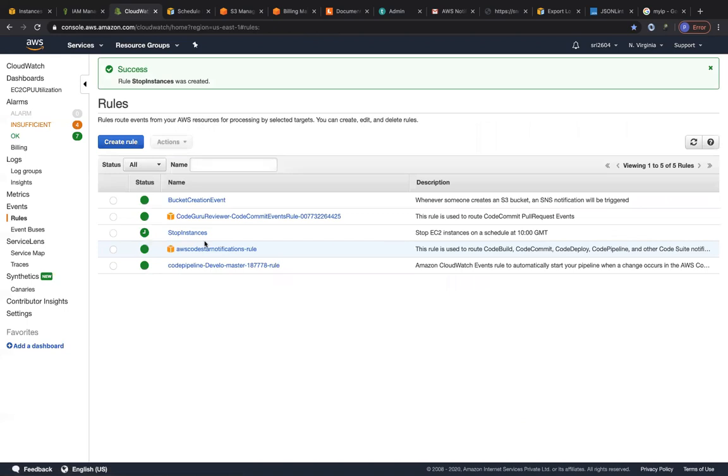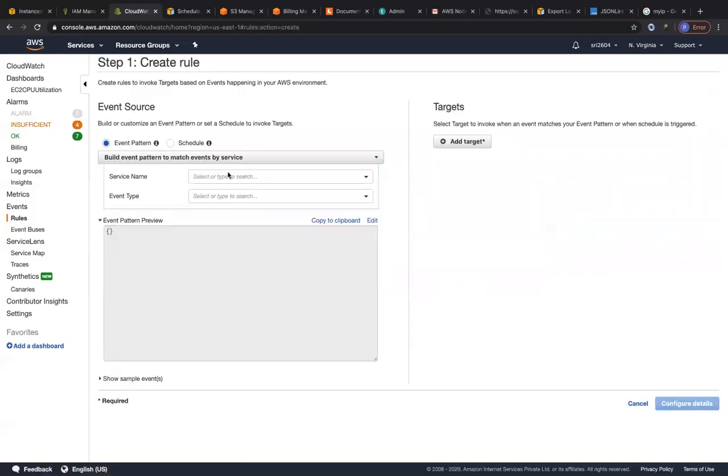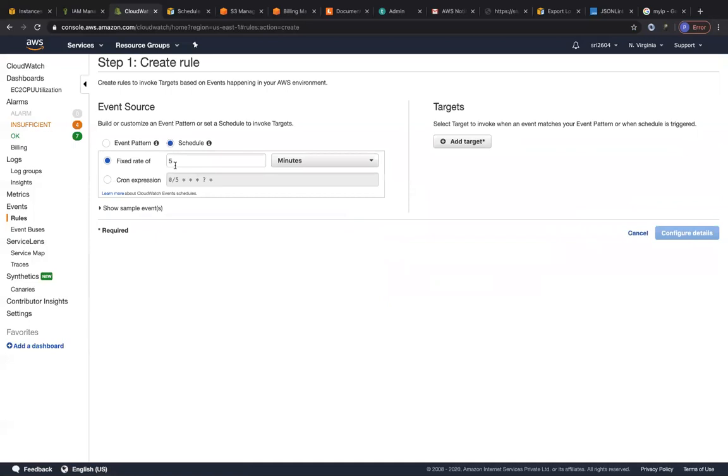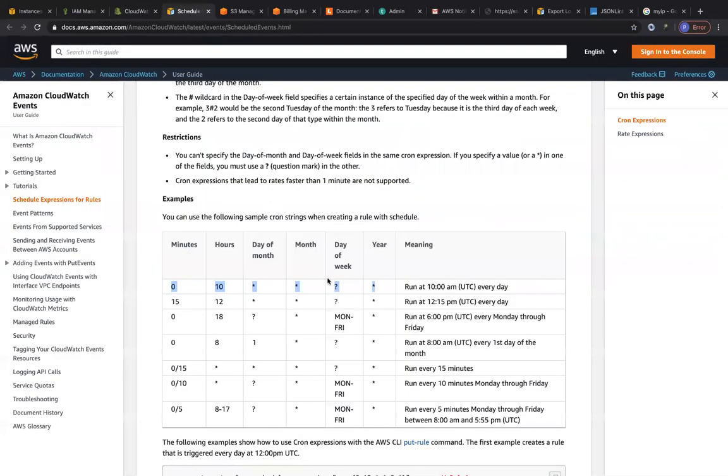So one more thing that you can do over here is, since you stopped that EC2 instance, when you come back into the office at 9 o'clock in the morning the next day, you would like that EC2 instance to automatically be started, right? So for that, you can create one more rule, right? You can put a scheduled rule over here, and you can go with the cron expression again. And I hope I have it copied. I don't have it copied. So let me just copy it back from here, right? Let's copy this. Let's put it back over here. Probably 12:15 p.m. Why not?